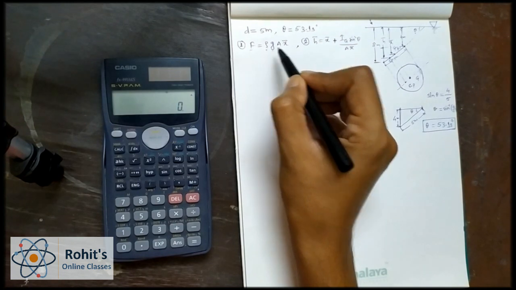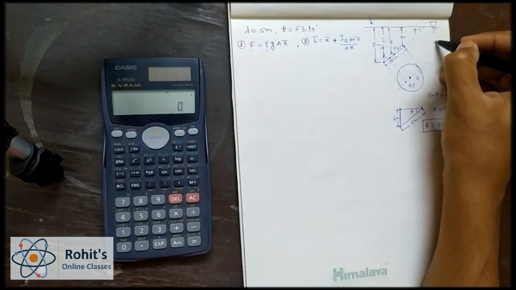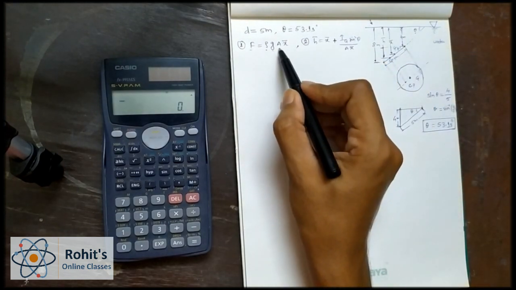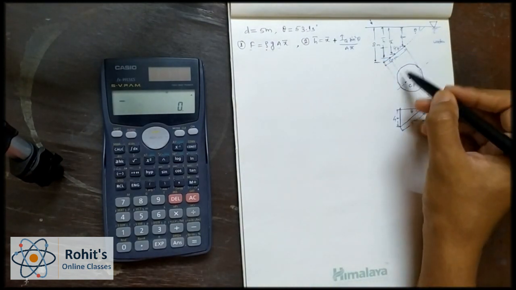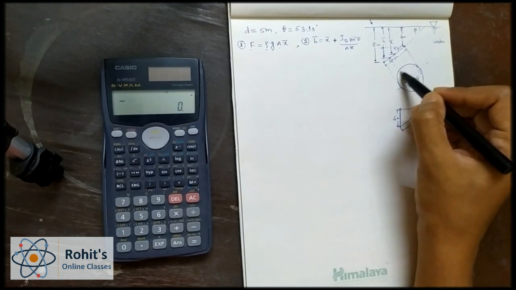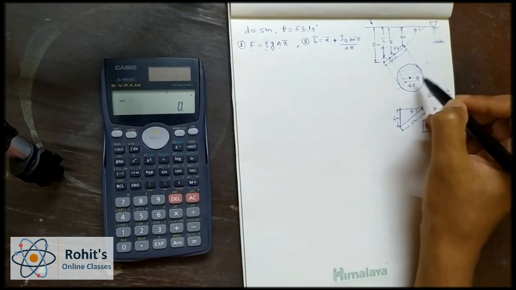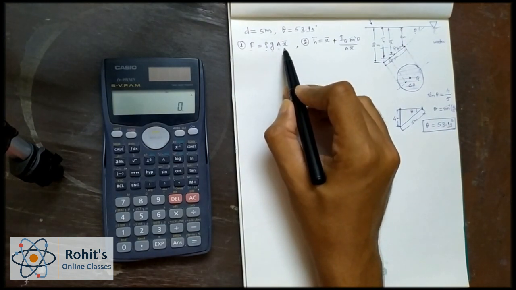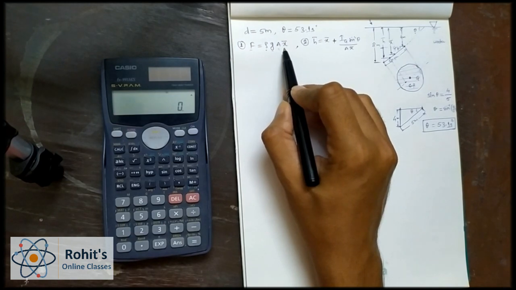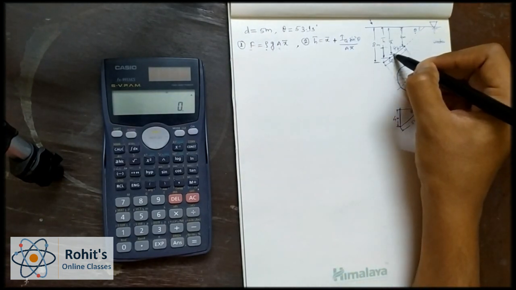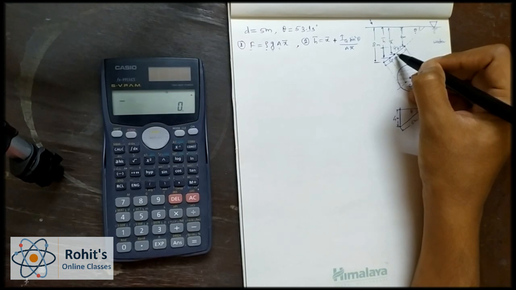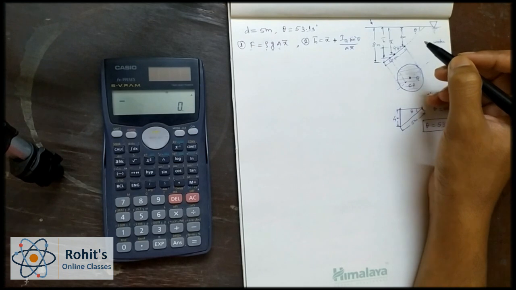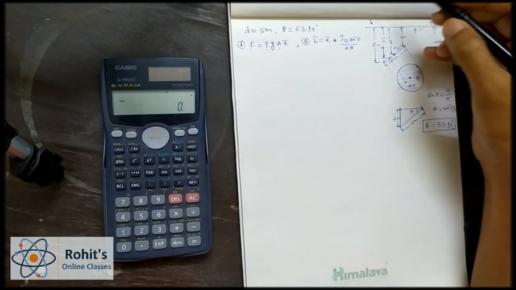Now to find this total pressure force, we need gravity, g, then we need the density of the fluid. Here the fluid given is water, so the density of water is known. Then the area of this plate we should know. This plate is a circle, so the area of the circle we need to find out. And then comes our x bar. What is x bar? x bar is the distance of the center of gravity of this plate from the free surface of water. So this is our x bar and we need to find it out.